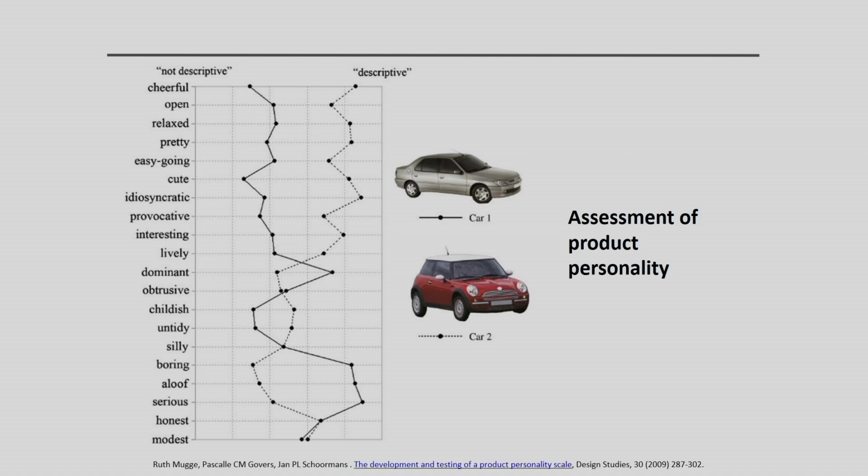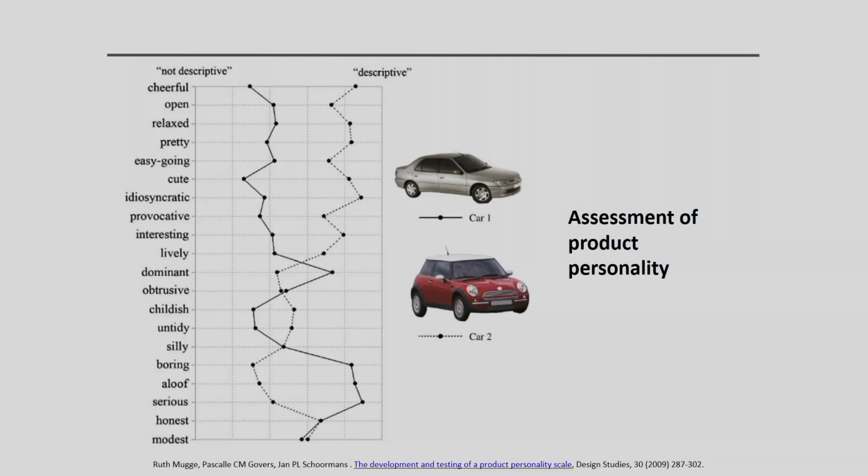So it's not only about evaluation of the user product, how we look. As we have discussed, we are assigning some personality to the product. There, one available scale is by Schoormans, Mugge and Govers. This is just one example of assigning a product personality. If you have some products, as you can see, car 1, car 2, it is already existing, and they have certain adjectives.